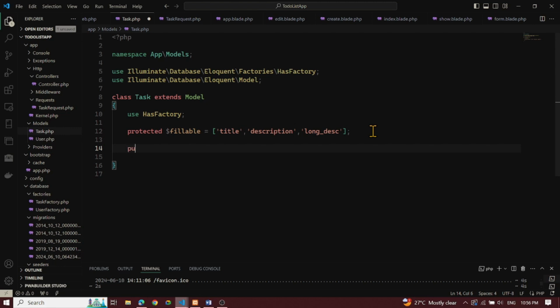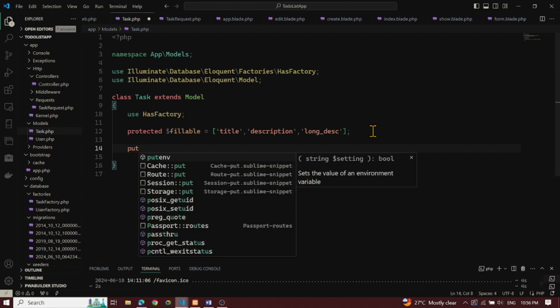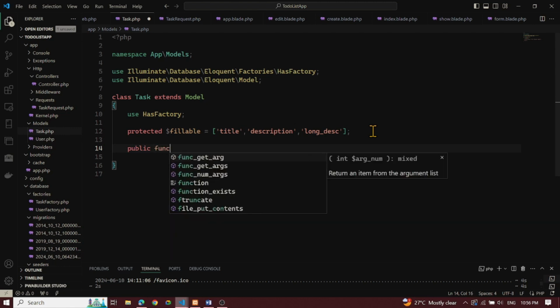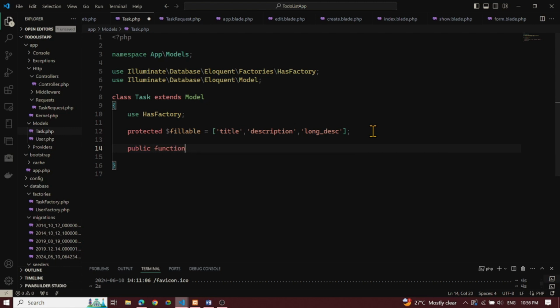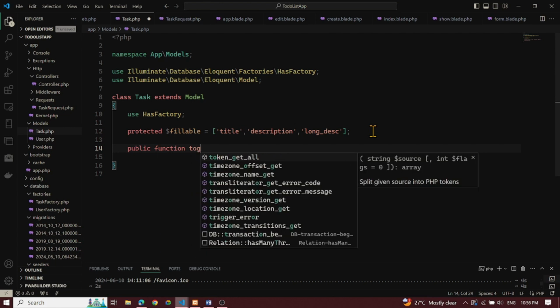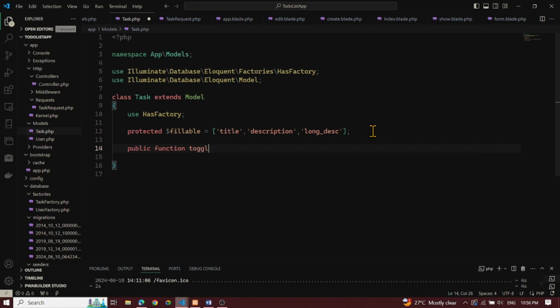So let's call this public function. Let's create a function, and let's make a name. We'll call this toggle complete for the name, and then